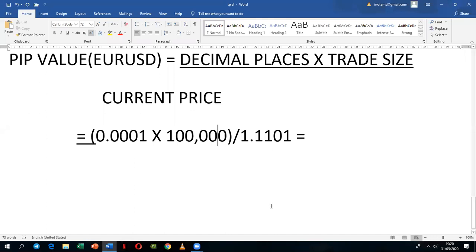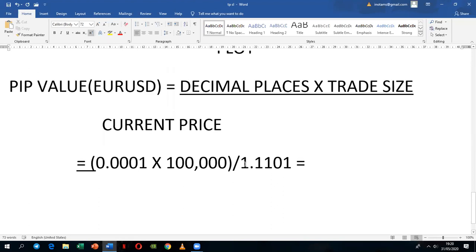Where? That is 10. Just now give me 10 divided by 1.1101. 9.001. Rather 9.0081. 9746. Okay, let me. If you are rounding off in 1